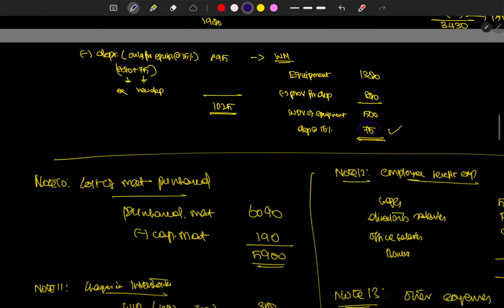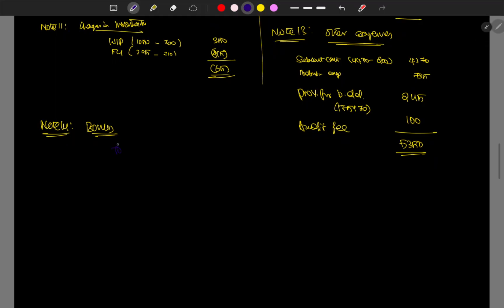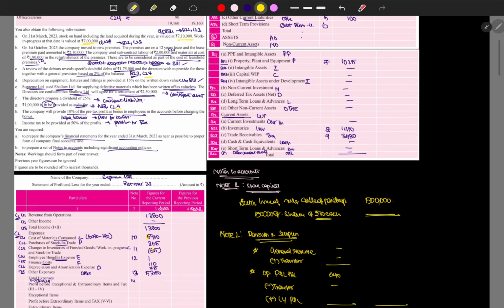Okay, so much so far, our total income is 13,800, right? Minus total expenses still, which is